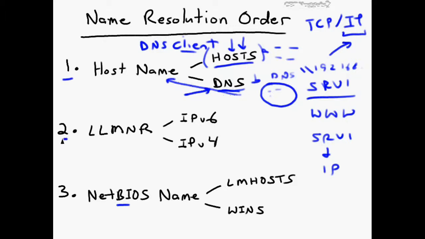The second step in name resolution order, if host name resolution fails, is to invoke a fairly new protocol. This is a Microsoft proprietary networking protocol called Link Layer Multicast Name Resolution Protocol, or LLMNR. It's quite a mouthful. Try to say it 5 times quickly, for instance. All you need to know about LLMNR is that you're, in all likelihood, not going to be using this in